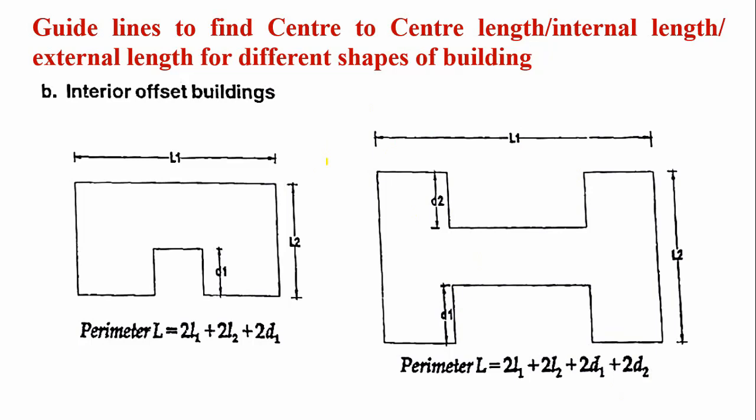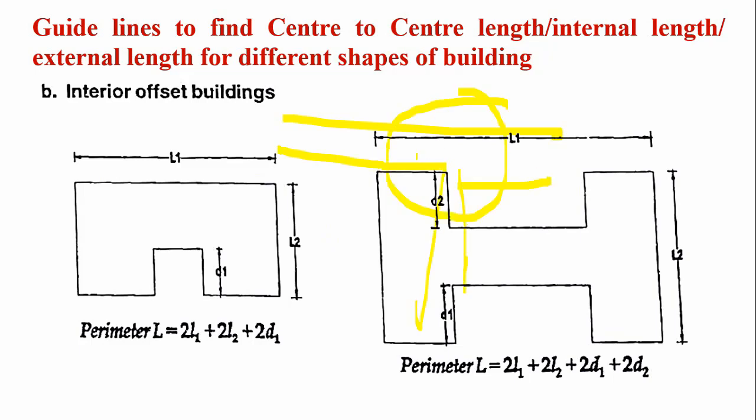So, in this video, we have seen how to prepare an estimate by center line method. We have to calculate the center line length of the building and we have to subtract for the junctions. Whenever we have a T shape or cross walls like this, we are going to get a junction. That has to be taken care of. And next is how to calculate the length when you have an interior offset and an exterior offset, which we have seen in this video.